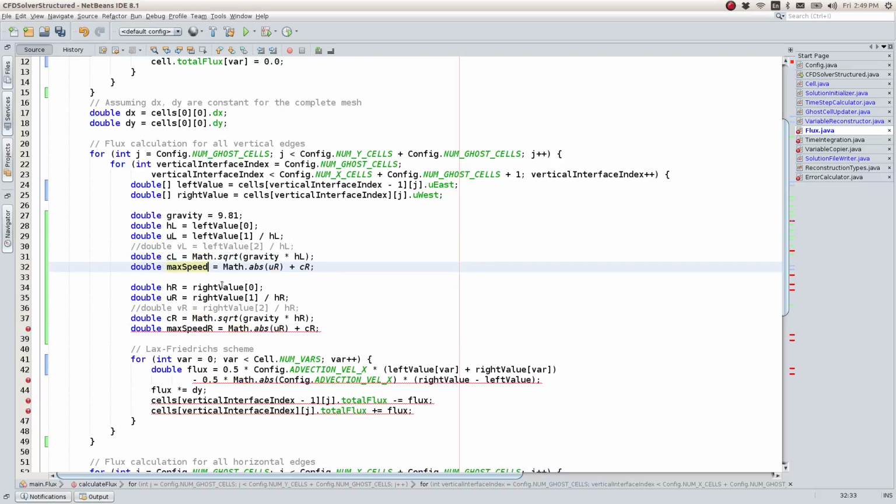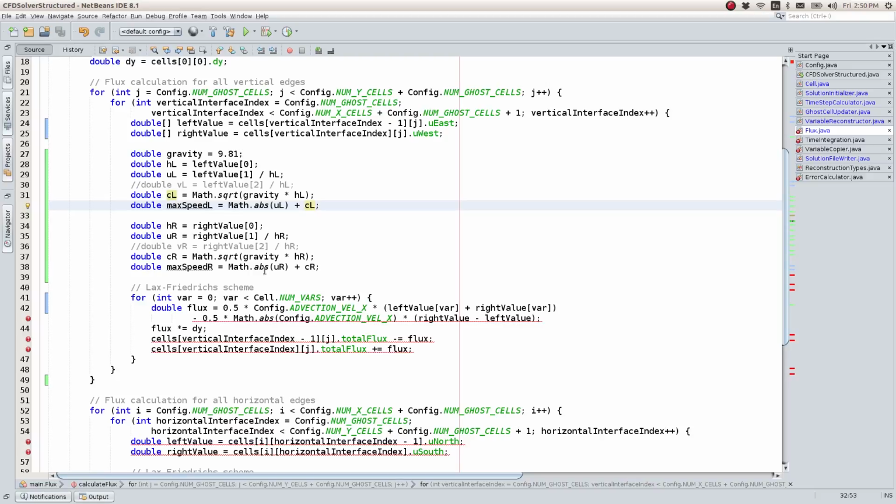So max speed L is going to be UL plus CL. Okay, and looks like for the vertical edges, for the vertical faces, we have calculated the speed, and that is what is going to go in right here, not here. In fact, I do not need to calculate the absolute value now, just going to go in there. Oops,